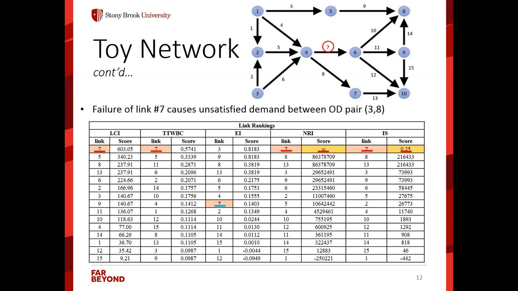is on the top because the between the centrality score of 7 is very high. It serves all the ODs. It's in the shortest path of almost all the ODs, so eventually it's ranked higher. And for LCI, it's higher too, because 7 has a very high score. When we consider the redundancy, alternative routes, we put a high weight on 7, so it's one of the top ranked links.